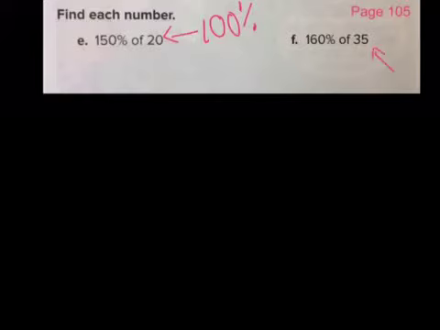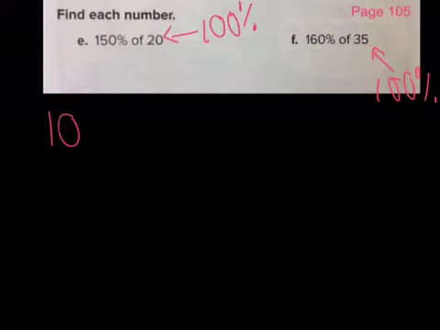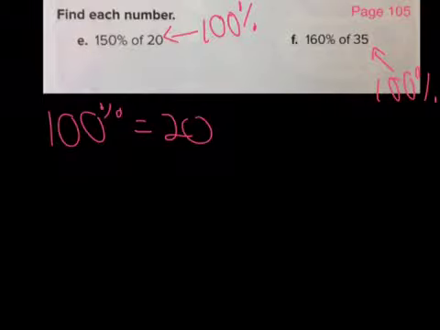The same with this 35. This has always been our 100%. But we're looking for a number bigger than it. We're looking for a number bigger than 20 and bigger than 35 because clearly we're looking for 150. So we got 100%, which would be 20, right? We got the 100%, we know equals 20, but then we have an additional